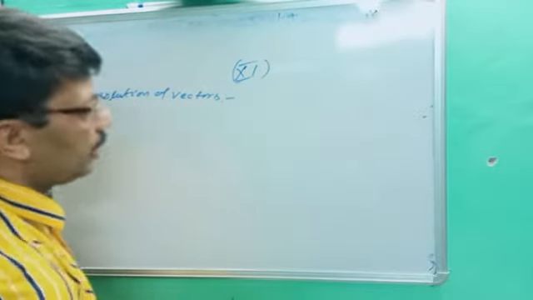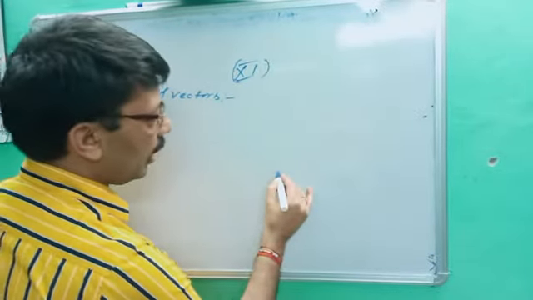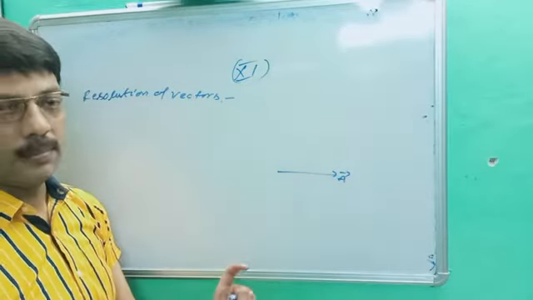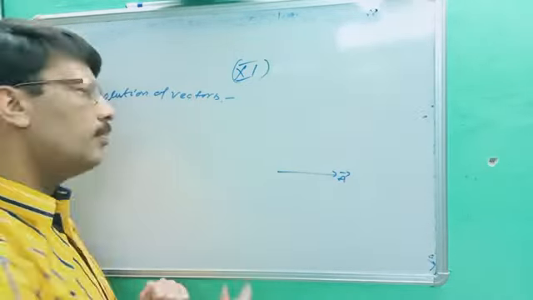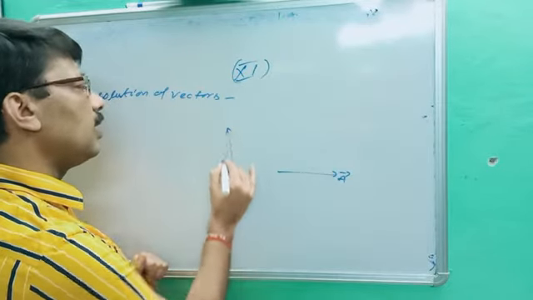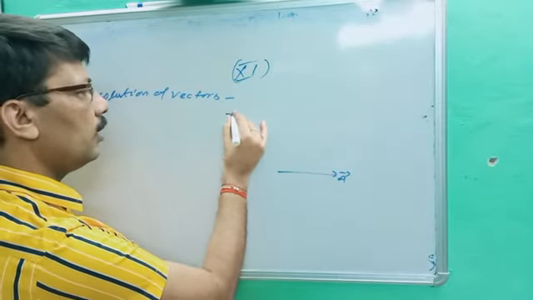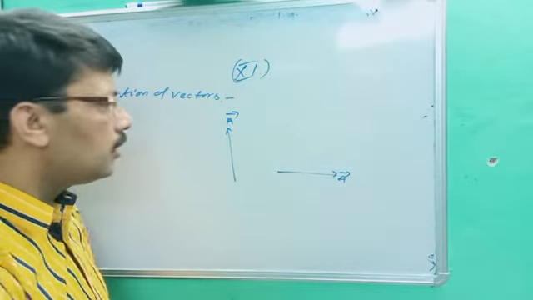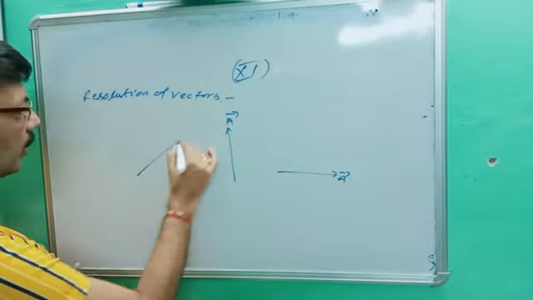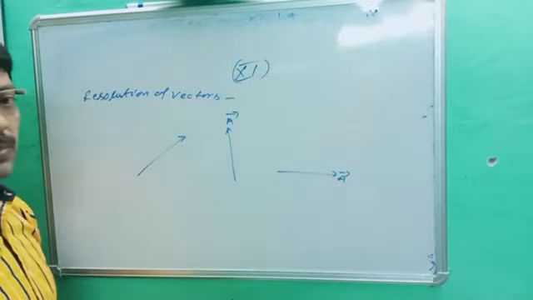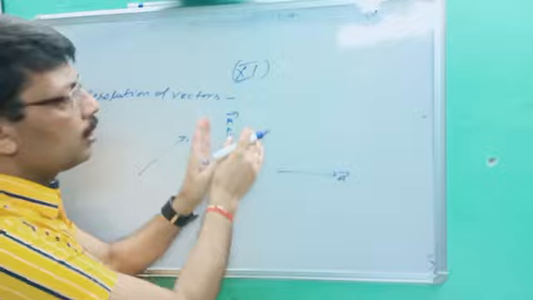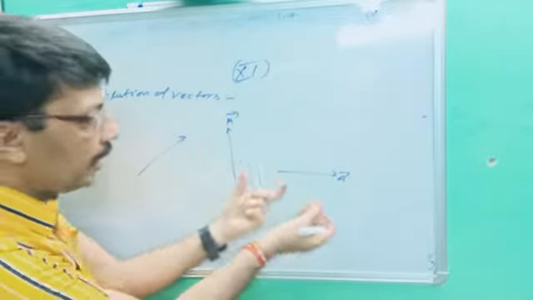So first see there. Let's suppose any vector A is given like this. No doubt you have to do nothing because it is directly on the x-axis. Let's suppose vector A is given like this. Nothing you have to do. This is again vector A. This is completely in what dimension? Y dimension. But if any vector is given like this, then what to do? You better know, this is purely in x dimension, and this is purely in y dimension. You have to do nothing because it is already resolved.